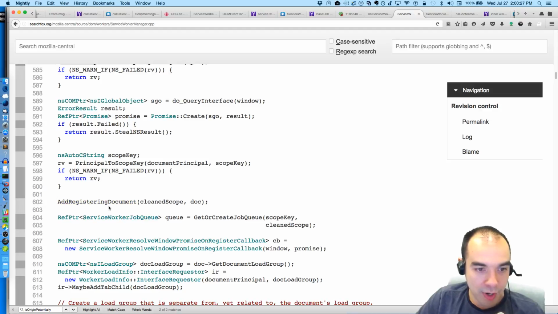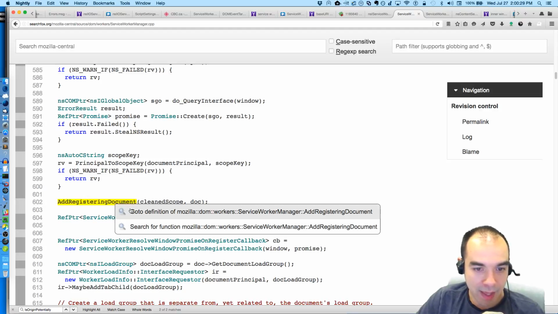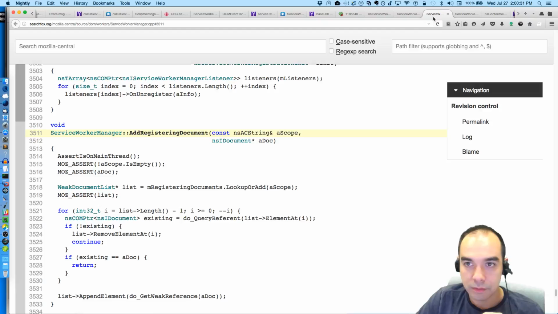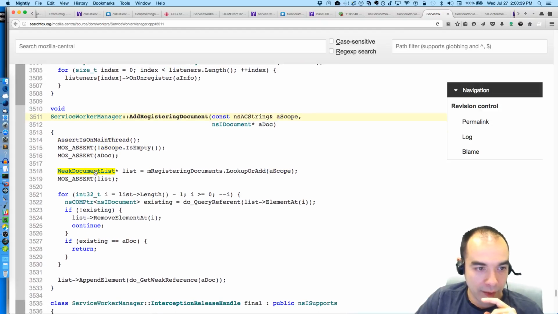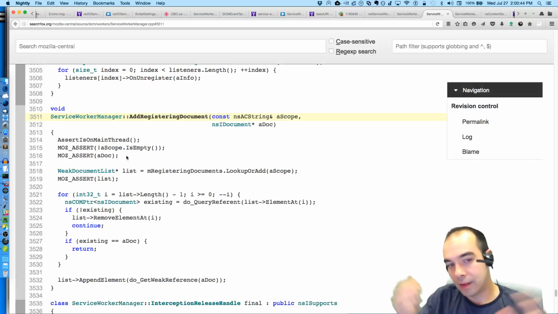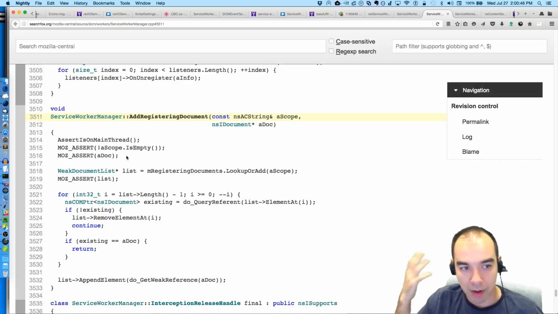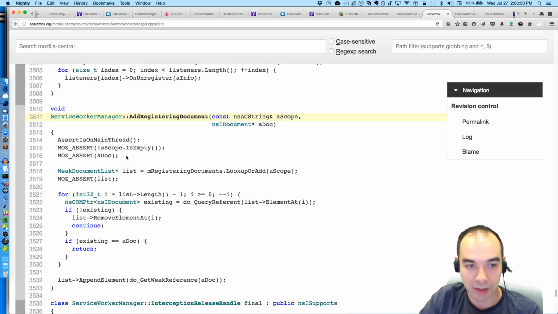And then we add registering document. What is that? So we're taking some scope string and some document, make sure we're on the main thread, and then we have this like weak document list. So weak means that these pointers may or may not be pointing at legit stuff.